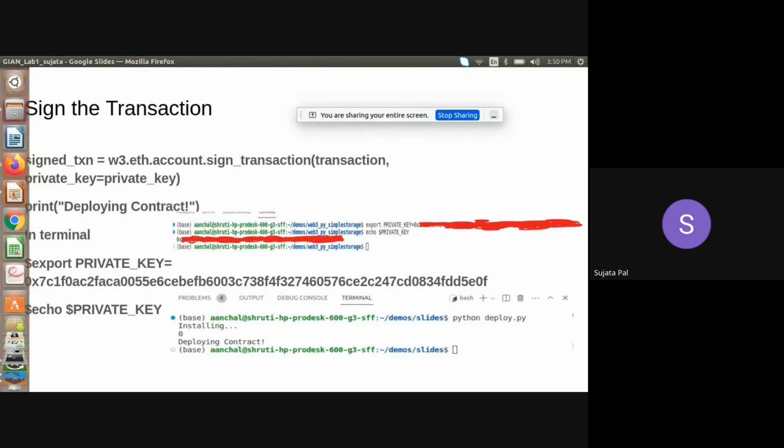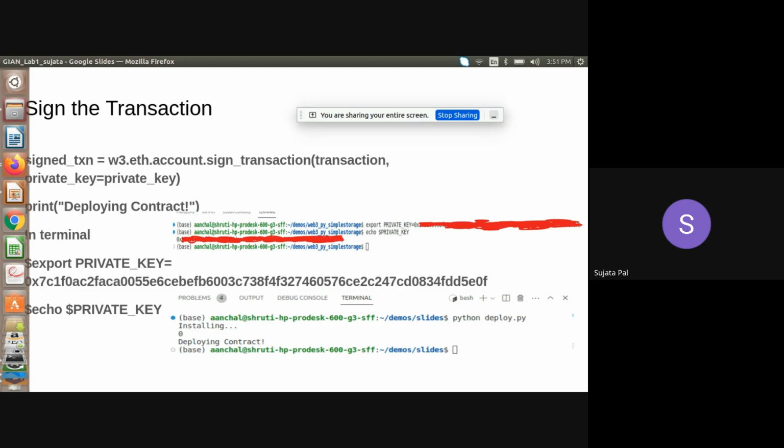Then we can sign the transaction. Now I have connected to my private account, like my MetaMask. I have deployed it on my account. So here I am using the private key. But before using the private key, this command, echo private key, normally creates a problem on Windows. It is running successfully in Ubuntu, but in Windows it normally creates a problem for echoing, because there might be some different command for echo. This command normally doesn't run in your Windows.